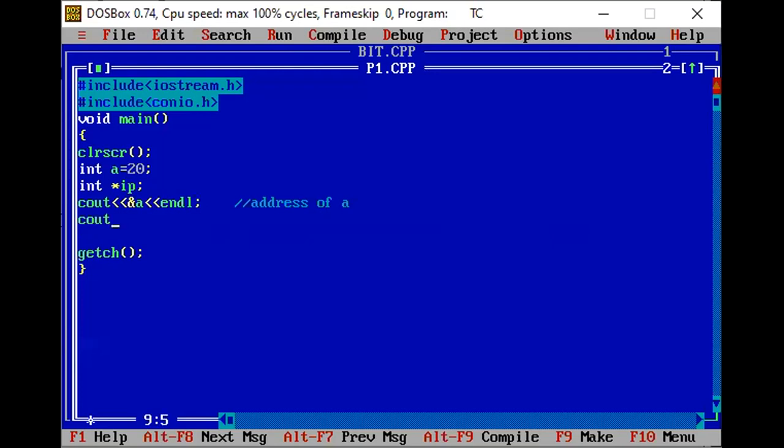Now I will write cout a, that is without any ampersand sign. Here I will get the value of a, whatsoever the value of a is. Here the value of a. The value of a is 20 here. In the output, my result will be 20. Then if I write cout